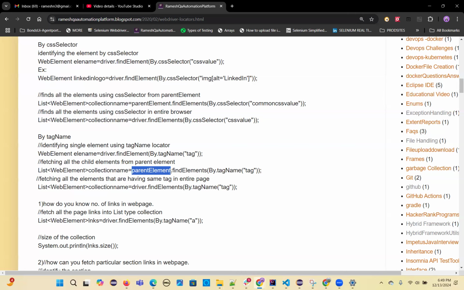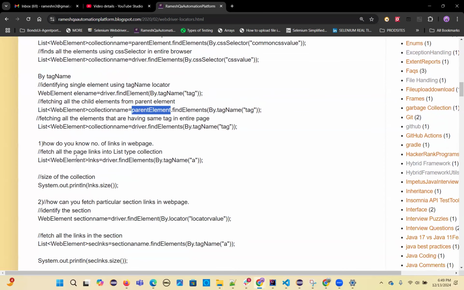And you can fetch all the elements that have the same tag in the entire page. So: List<WebElement> collectionName = driver.findElements(By.tagName("tag")); you can give the tag. How do you know the number of links in the web page? Straightforward question, and the syntax you will write many times. List<WebElement> links = driver.findElements(By.tagName("a"));